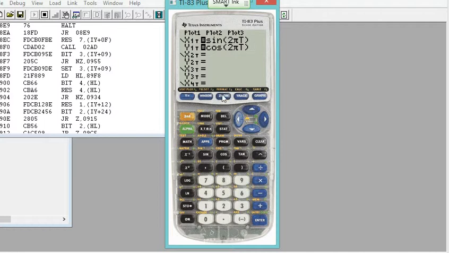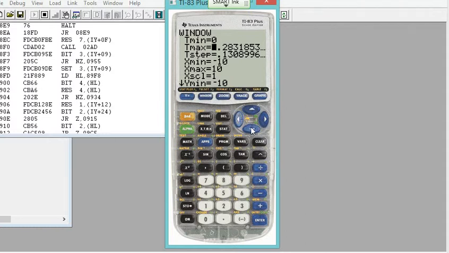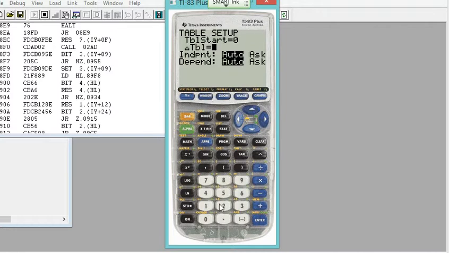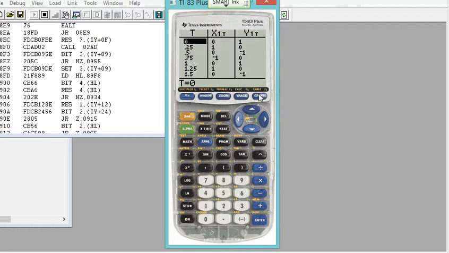Then I'm going to go to window, and we're going to go from 0 to 1, right? And I'm going to make the step 0.1, I'll make it small. Or no, let's do 0.25, because that's what I have in my table of values. So now if I hit second table, I'll get the answers I'm looking for. Oh, but it didn't do the step the way I wanted. So I've got to come back down here where I do the delta table. I need to do 0.25. And so now when I do that, now I'll get